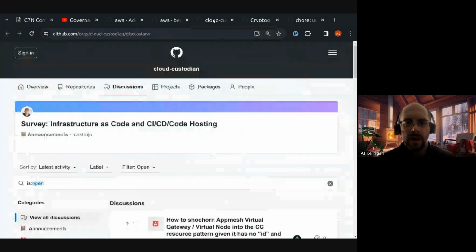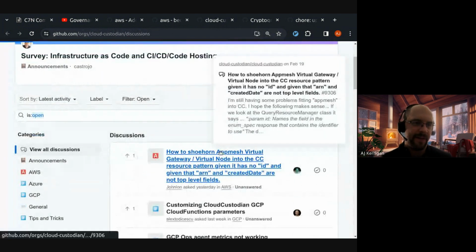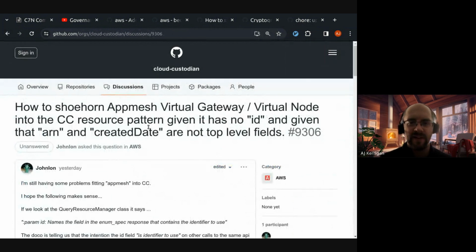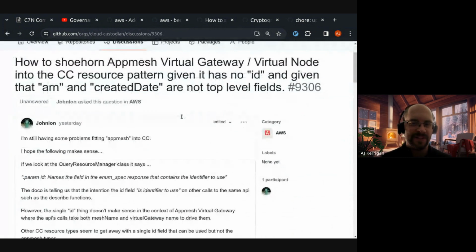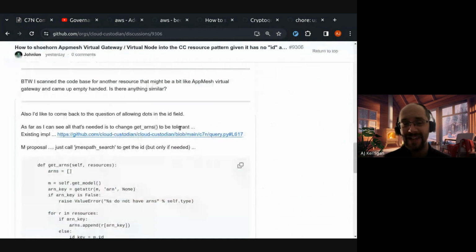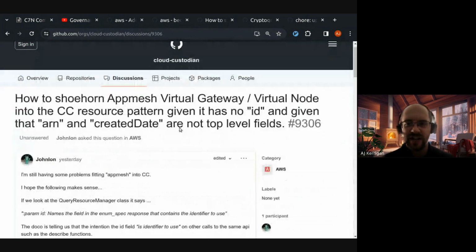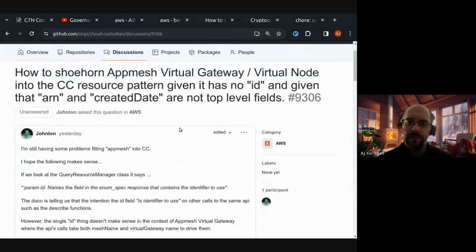Cool. There's another one, something I saw, and I have not responded to. I don't know if we've seen some activity around App Mesh recently, and there's this whole discussion. I don't know if anyone else happens to have seen this. I didn't respond yet because there's a lot here. But it seems like we're trying to add what looks like a child resource and also, as a side piece of this, trying to figure out just clarity around what all the fields are on resource managers.